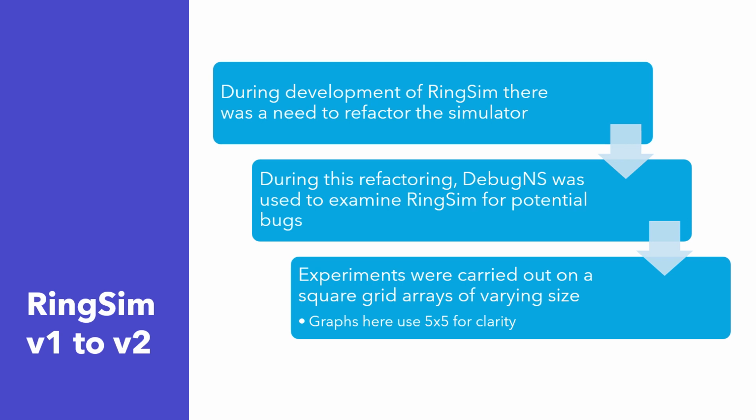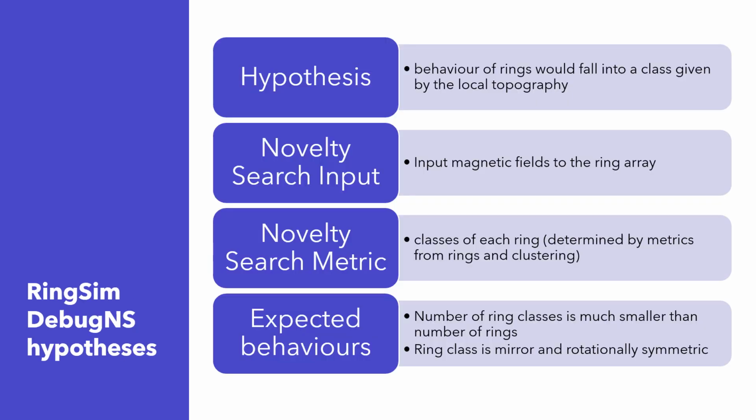The experiments were carried out on a variety of square grid arrays, but the pictures in this presentation use 5x5 grids for clarity. The overriding hypothesis to test was that the behavior of rings would fall into one of a number of classes given by the local topography. This led to novelty search